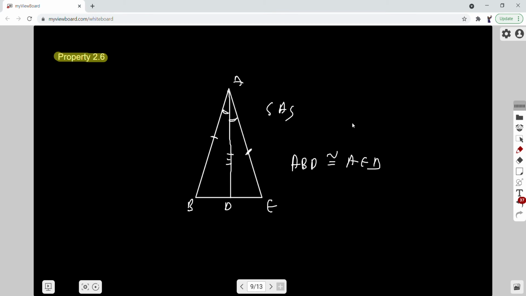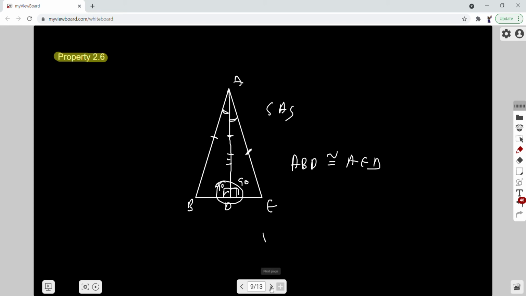I have covered congruency in the previous video. You can watch it. Go to my channel and watch congruency. And now because the sum of these two angles is 180 and both are equal, we say this angle is 90 and this angle is 90, so this is perpendicular. That's all I had to prove, that this line is perpendicular when it is an angle bisector for